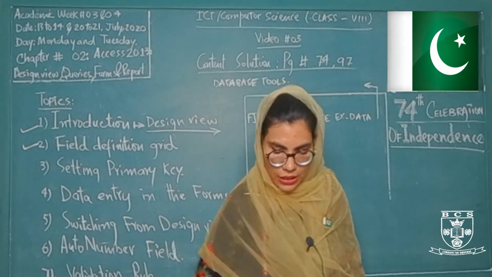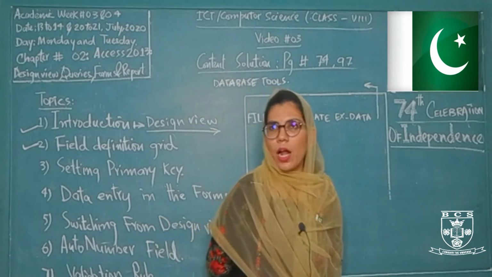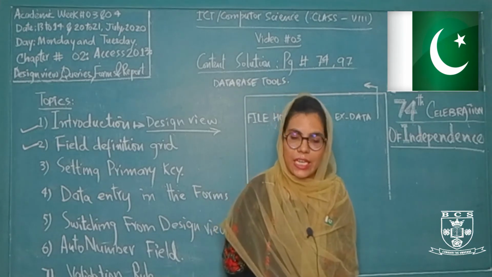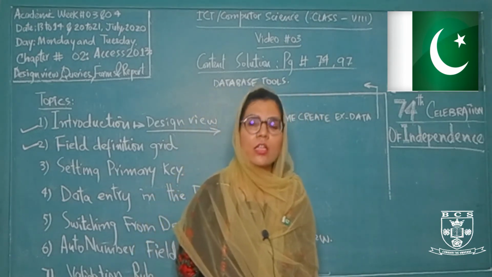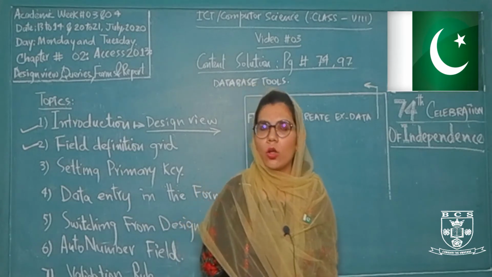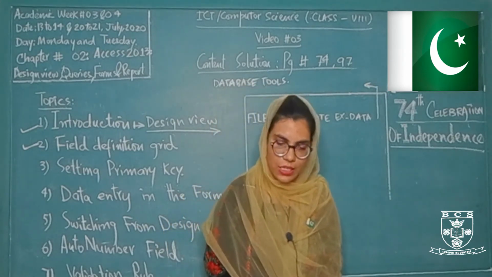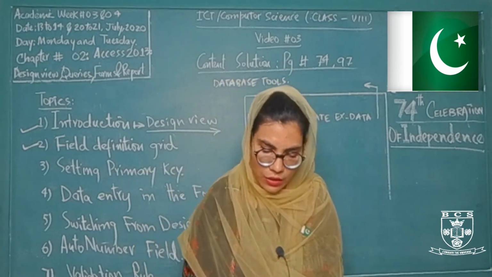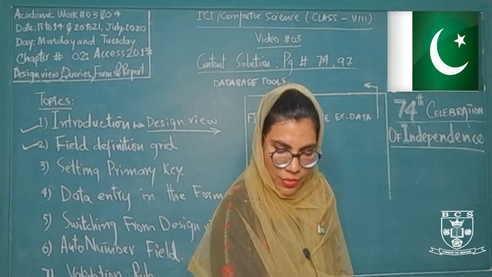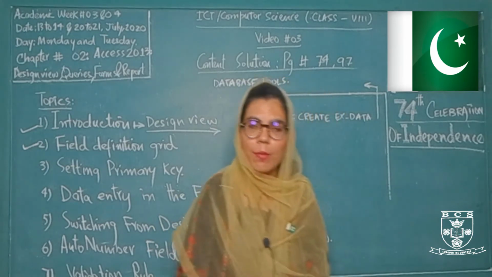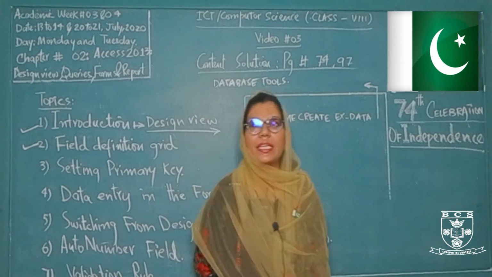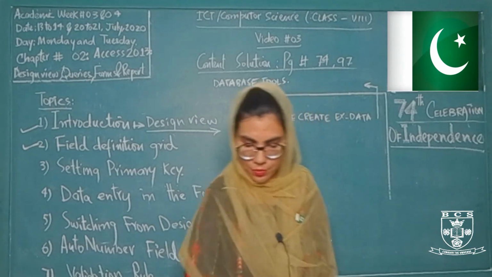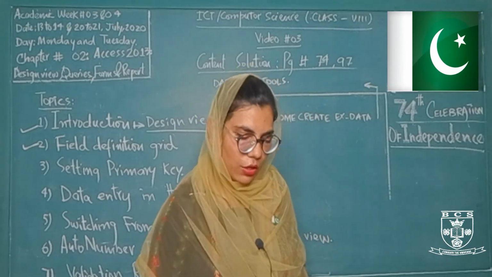So what is the field selector? Field selector is the gray part on the leftmost side of each row in the design view, and by clicking this gray section we select the data of any particular row or record. This is also used for the selection of the field. What can we do with the help of field selector? We can delete any selected field, or we can move it up or down to reposition any particular field in our table.